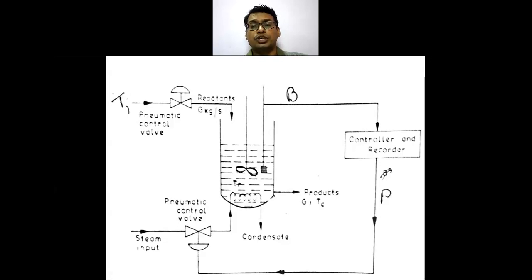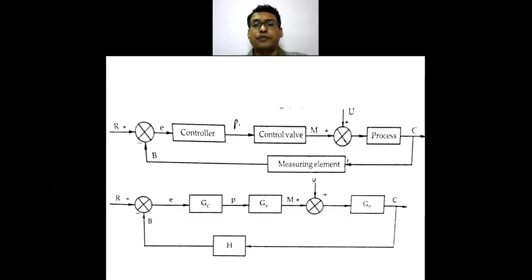Depending on the position of this control valve, the opening position of the stem, that means how much the control valve is opened, depending on its opening, the steam input to the coils will be controlled. So this is our simple temperature controlling system, for which we can write the block diagram,